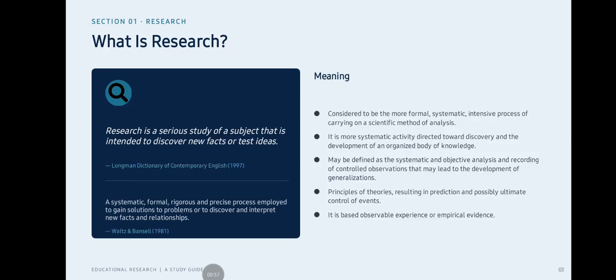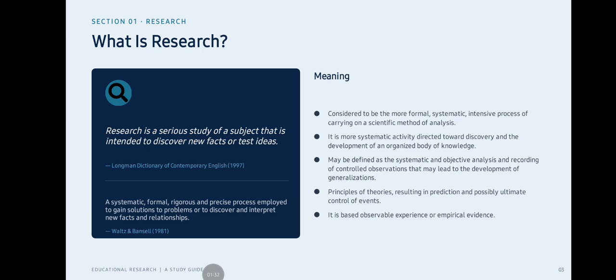So, coming to the point, what is research? Research is a serious study of a subject that is intended to discover new facts or test ideas. A systematic, formal, rigorous, and precise process employed to gain solutions to problems or to discover and interpret new facts and relationships. Meaning of the research is considered to be the more formal, systematic, intensive process of carrying on a